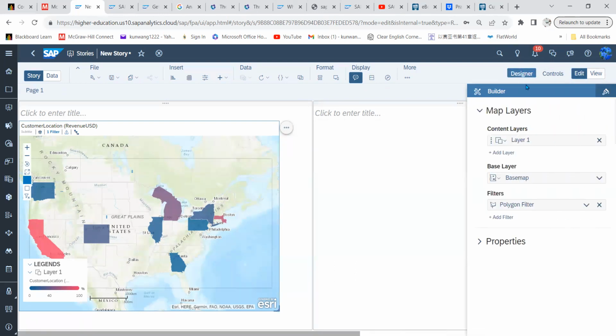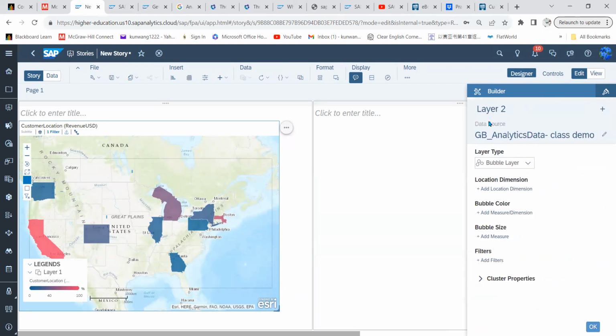Oh, designer. So I do need to open the designer. So the map layers, and this is layer 1. I needed to add a second layer. Oh, add layers. Oh, you can see here. So add the layer is the second layer, and this one I will just use the bubble layer, and we